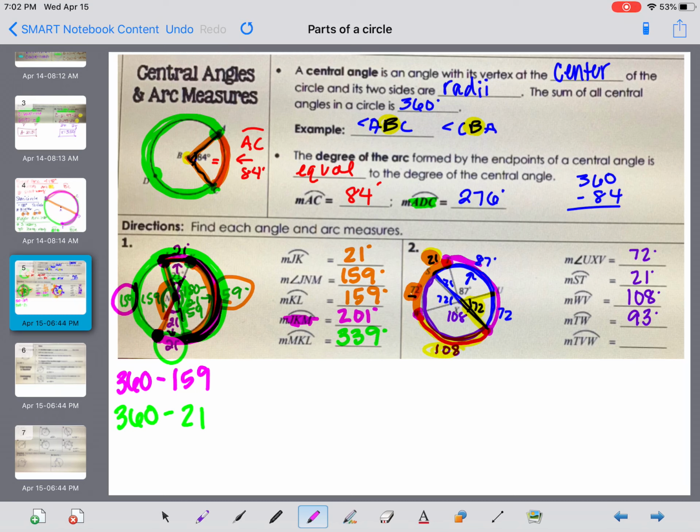And then it asks us for arc TVW. So we start at T, go through V, and then over to W. So we're asking for this whole part of this circle except for this 72. So we're going to do 360 minus 72 because it leaves that out. And 360